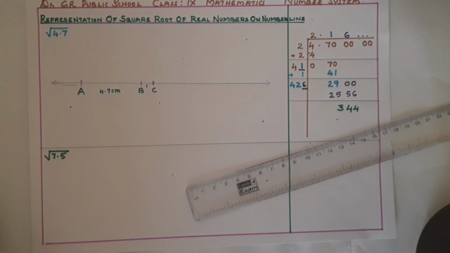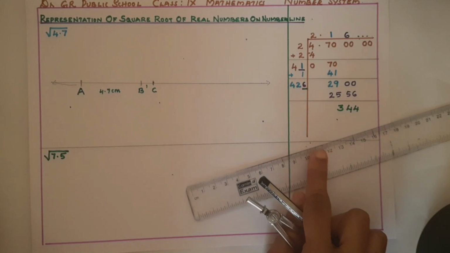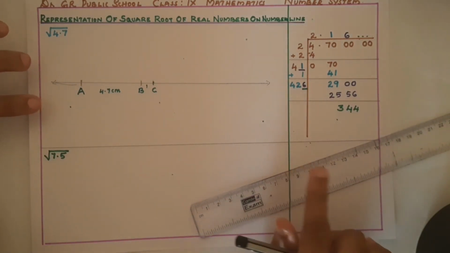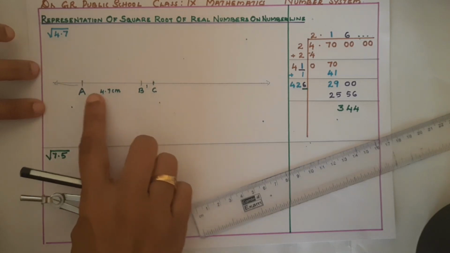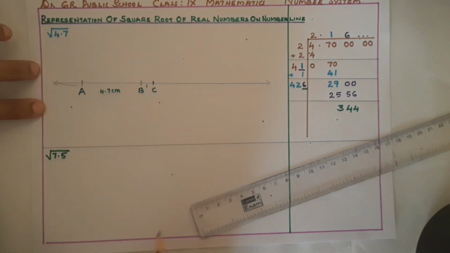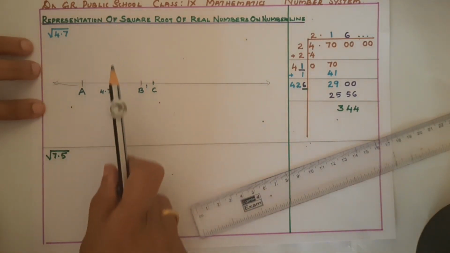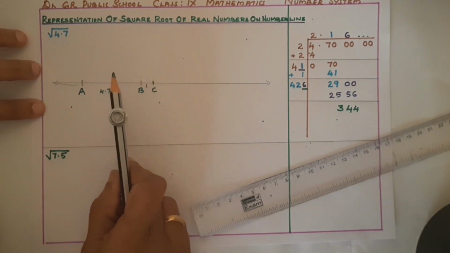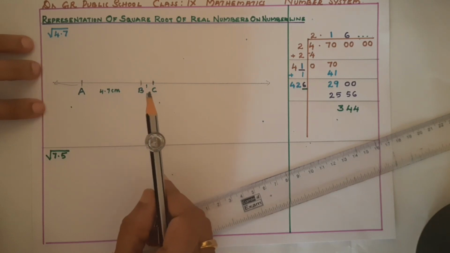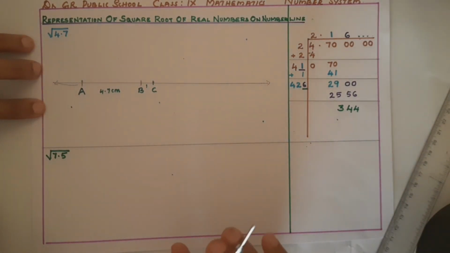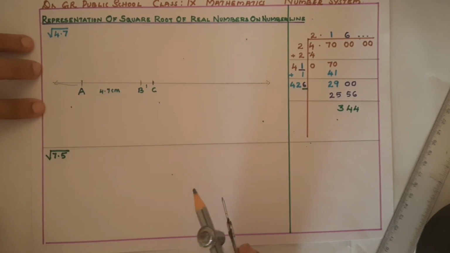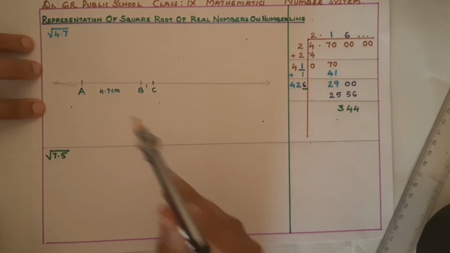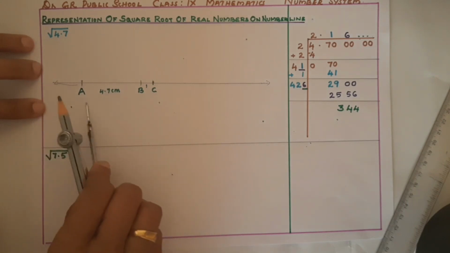Now what you have to do is, you have to draw the perpendicular bisector of AC. What is perpendicular bisector? It will make 90 degree here and it will pass through the midpoint of AC. Okay. So, perpendicular bisector construction you have studied in lower classes. So, here also I am going to construct the perpendicular bisector of AC.